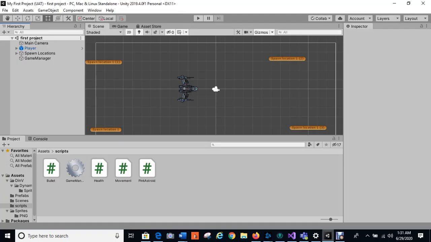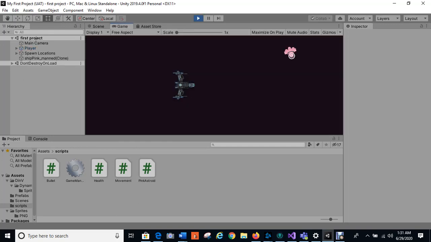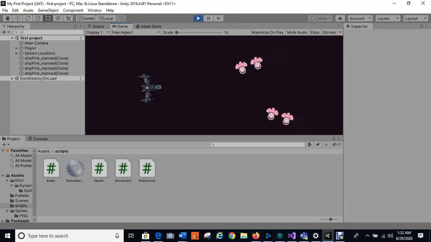I'll probably just go back to that list again. I think that would probably be the easiest, but as soon as my game decides to play, here we go. Okay, so I do have movement. I can go fast, up and down, and I can turn slightly, and I'm probably going to die here because